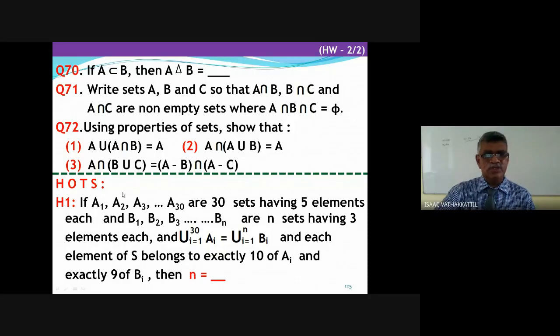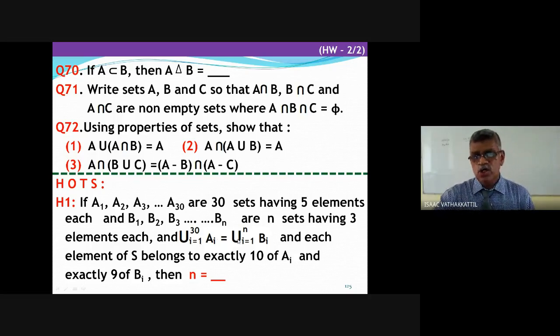Here I am bringing a question which is of higher order thinking skills. HOTS means higher order thinking skills. That's why I call it with a different number, H1. I have sets A1, A2, A3 up to A30, 30 sets having 5 elements each. All these sets A1, A2, A3, etc. up to A30 have 5 elements each. And B1, B2, B3, up to Bn. How many are there? It's only n, unknown. Are n sets having 3 elements each, so that union for i equal to 1 to 30 of Ai, that means A1 union A2 union A3 union up to A30,